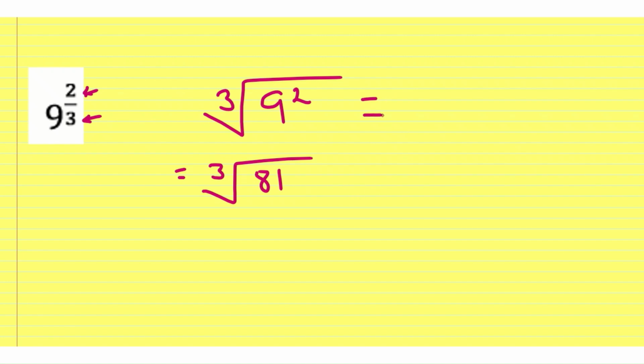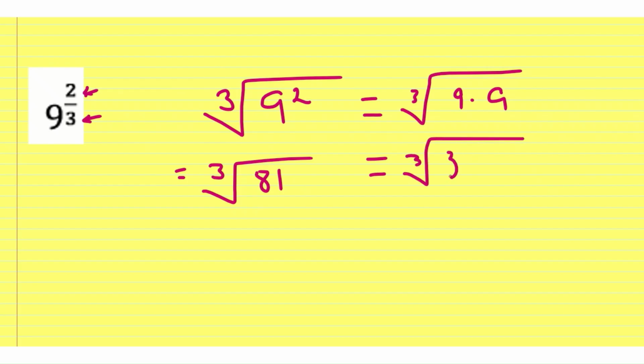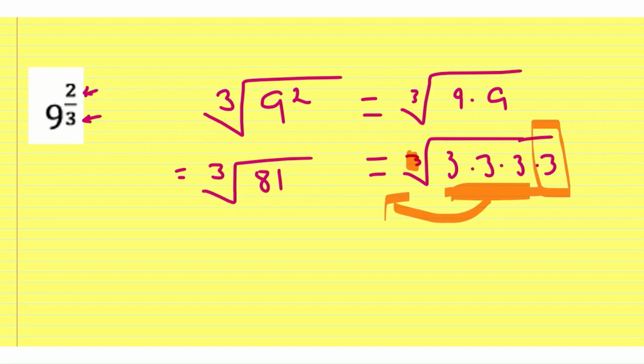I could have actually broken it down into factors just using the 9 squared. So I could have done cube root of 9 times 9, which then could break down into cube root of 3 times 3 times 3 times 3. Aha! Do I have a cube root? Well, I have 3 of them right there. But guess what? This lonely 3 over here is going to have to stay in the house. But this triplet of 3's, this cube root, 1 3 will come out to represent the 3 roots of 3. So that is going to be equal to